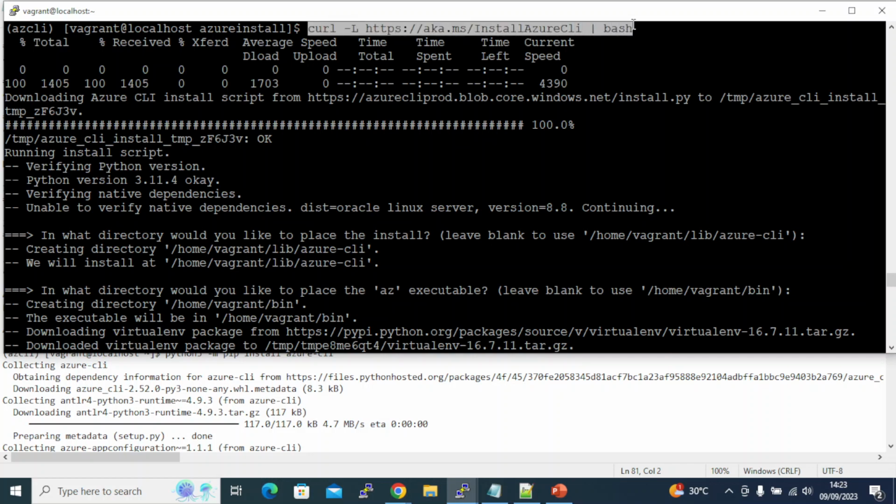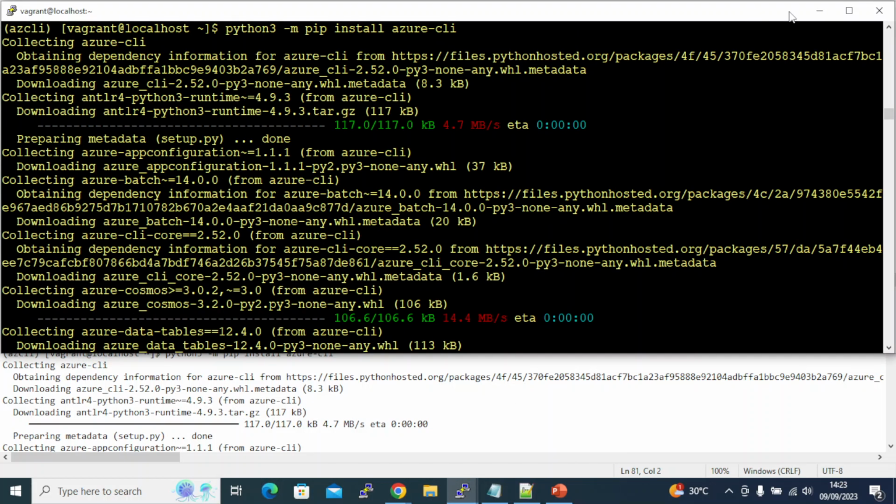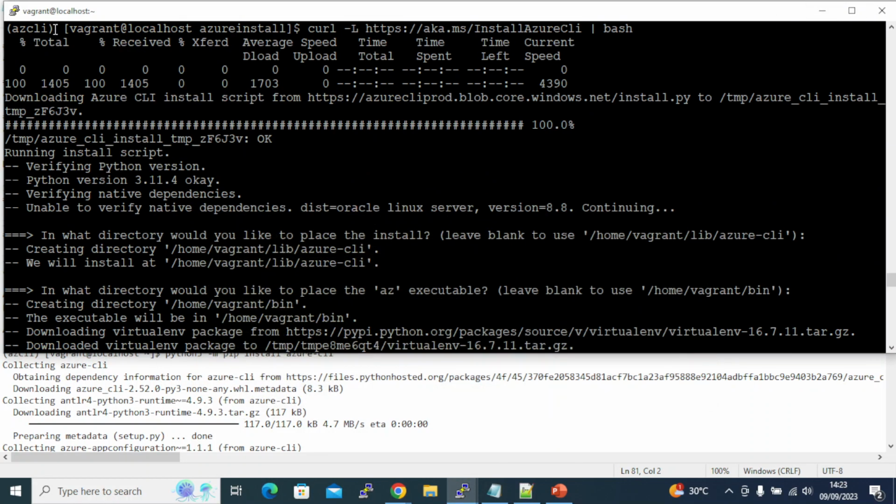This is my option 1 screen, where it failed, and this is my successful installation screen. I'll show you both. In option 1, you see here azure-cli is my environment, which you get with conda. Again, I request you look at the other video where I explain about environments and sourcing and so on. When will you get this azure-cli in your command line? You see here the command with option 1, whatever was recommended, I ran it, and it tried installing the Azure CLI